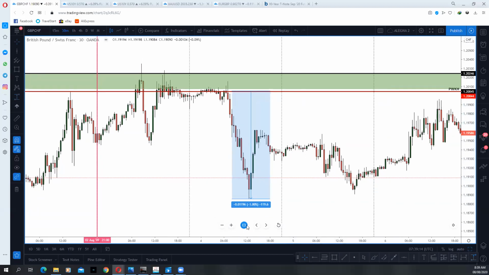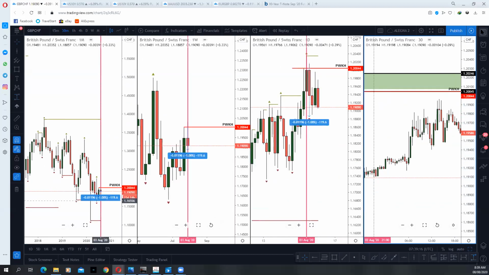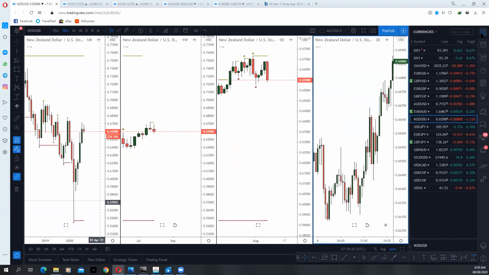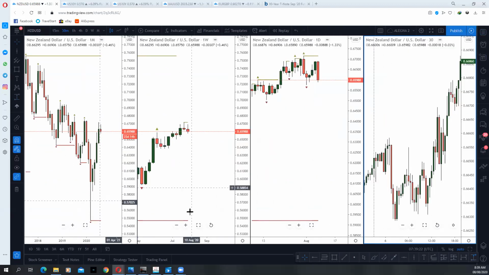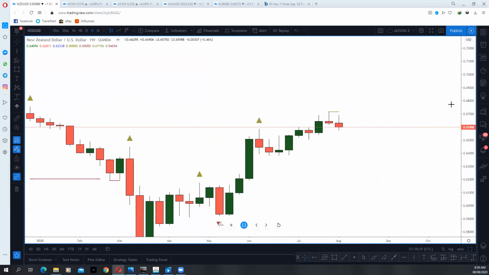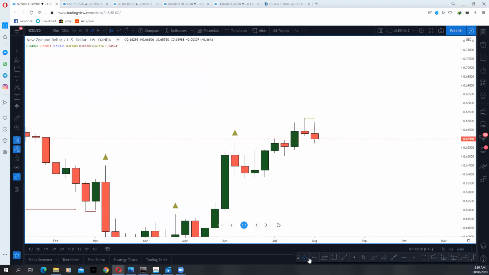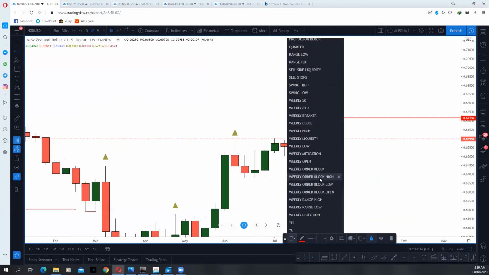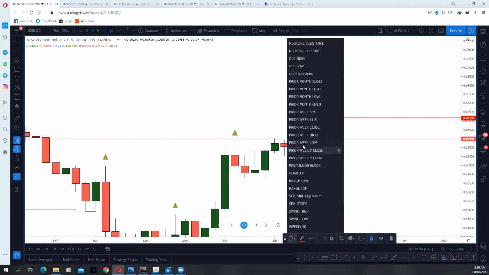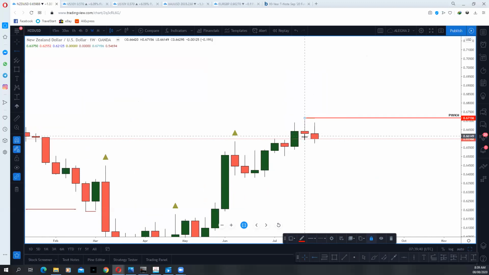Which other pair did this happen on? AUD USD. No, NZD USD. I remember it happened also on NZD USD. So this is the NZD USD week. This was a very, very mean pair this week. But it gave money both ways. Because most of you are not swing traders, this would help you get a lot of things sorted out.